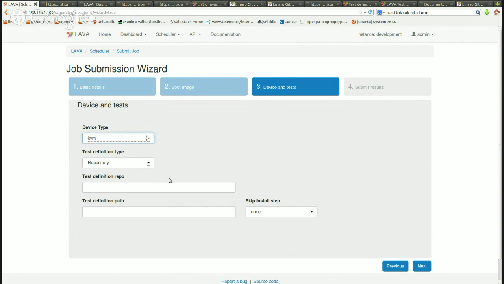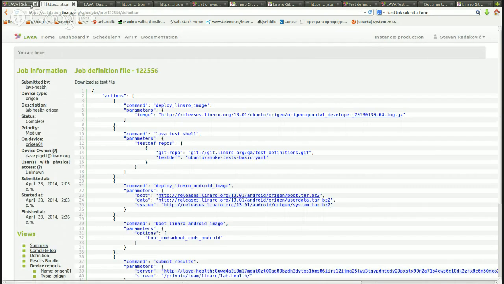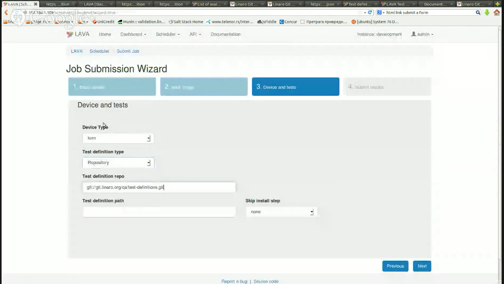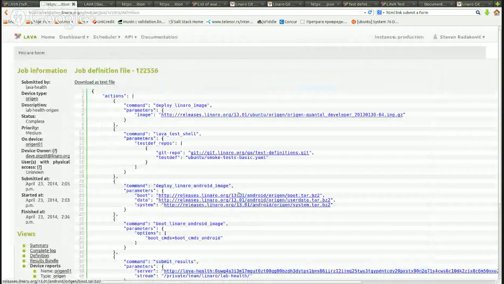Test definition. So we can add a repository or the URLs at this point. If you are working with the Android image, here you can add a test name, and then the actions for installing and running those tests will be added to the definition file. So let's add the repository and